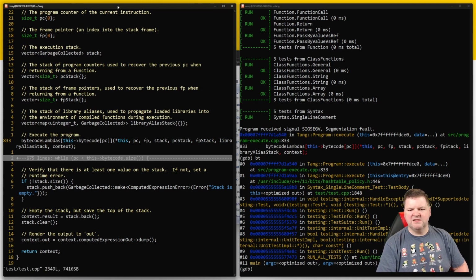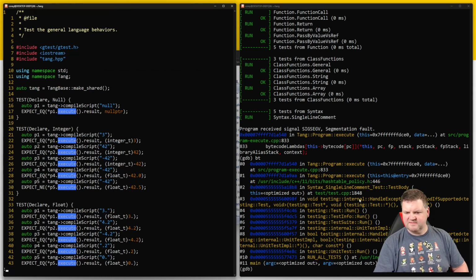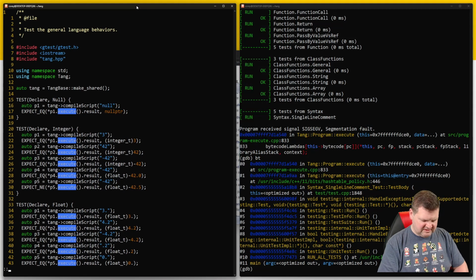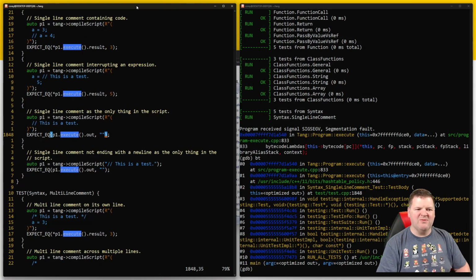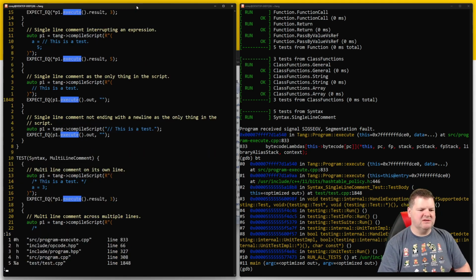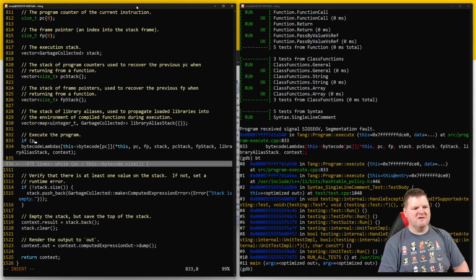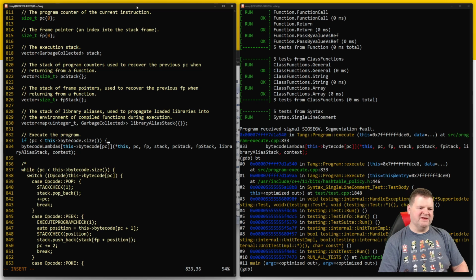Is it because there's nothing there? Edit test, and what line is it? 1848. Why did I do that? Get back to your right size. There we go. 1848, and look, that is an empty one. So there is no bytecode to execute. All right, that would be why. So if PC is less than this arrow bytecode dot size, which means there's something there, but